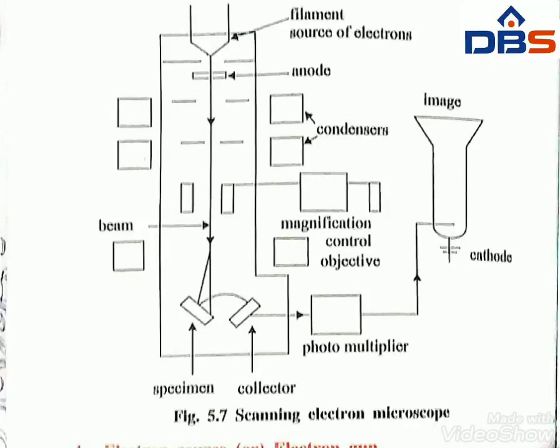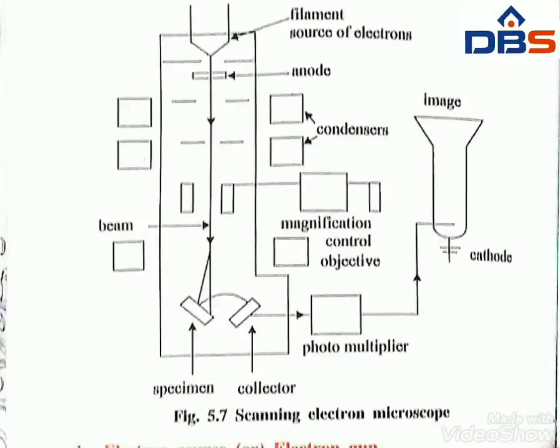Fourth one is the secondary electron detector. Secondary electrons are generated from the surface after colliding the surface with the high energy electron beam. They are received by the secondary electron detector, and a large positive potential is applied. At the same time, if secondary electrons are generated from the surface, that effect will be easily scanned by scanning electron microscopy.